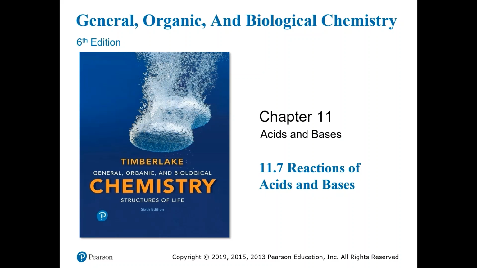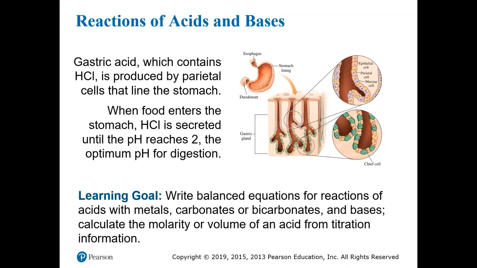This is Chapter 11, Section 7, where we're going to talk about the reactions of acids and bases. One of the most common acid reactions is between the gastric acid produced by the lining of your stomach and the food that you eat. The gastric acid helps to break down the food until it reaches a low pH and gets it ready for